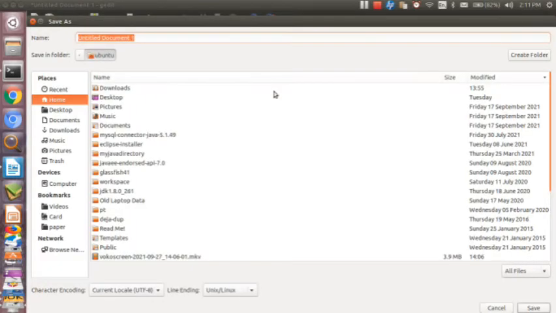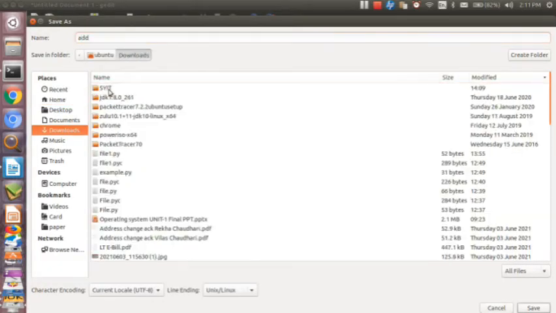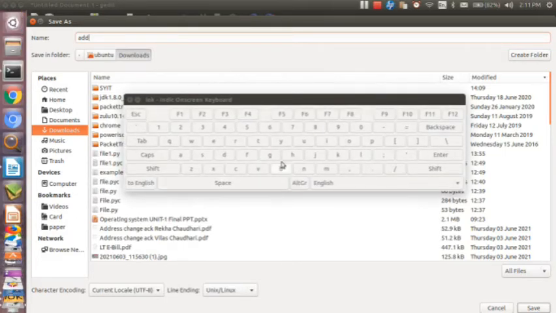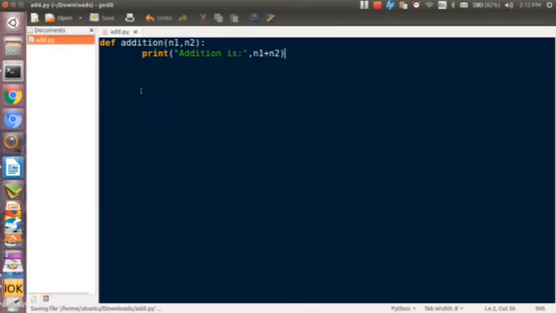Simply, we are done with our code. Now save this code as add.py. Save the file. So this is one file with the function addition, and the file name is add.py.